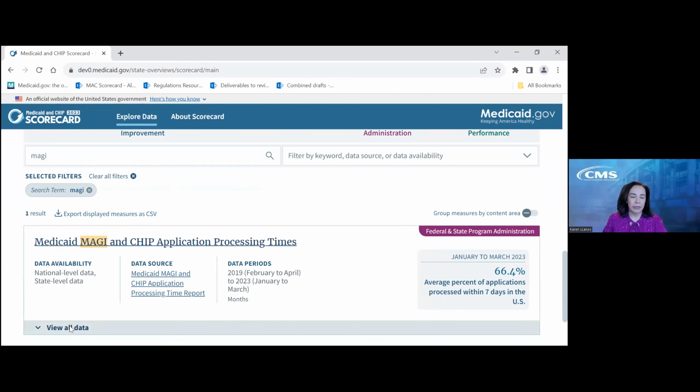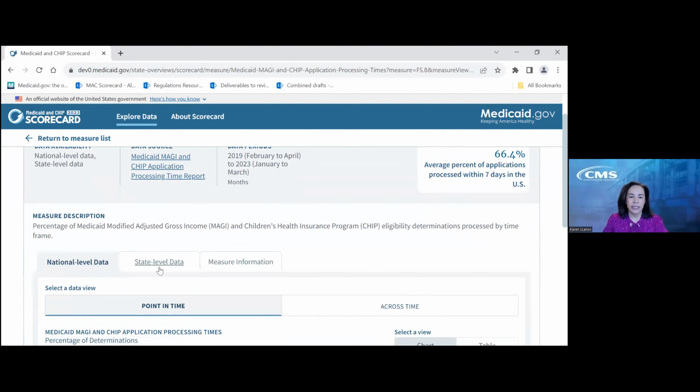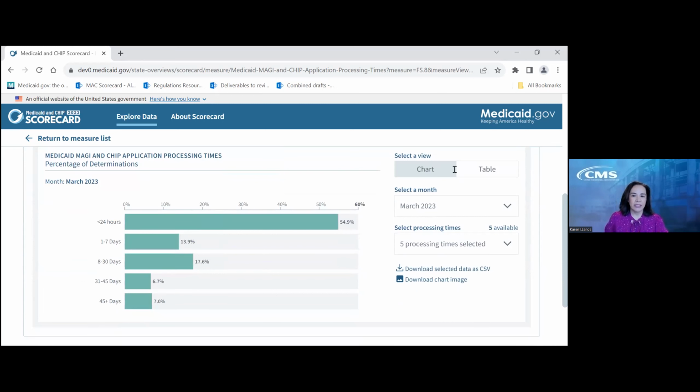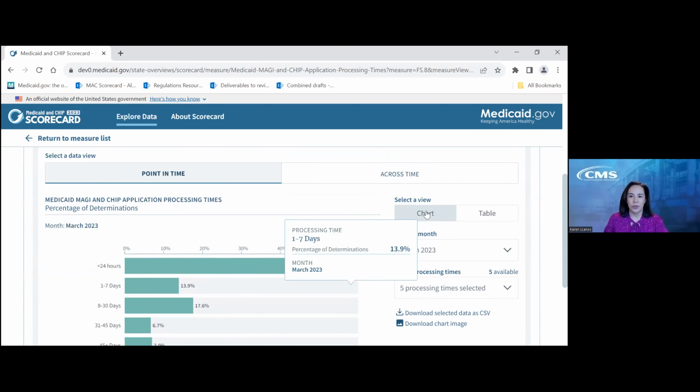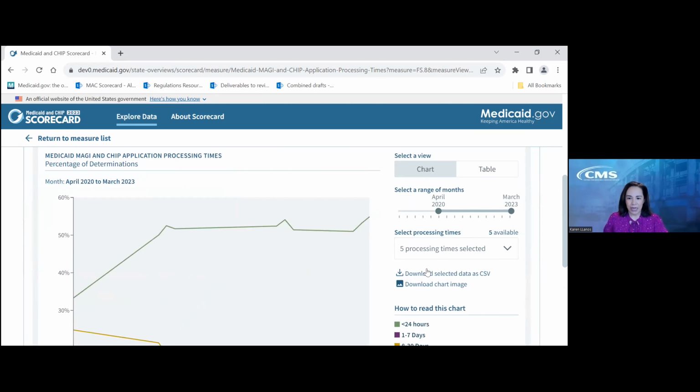If you want much more information on it, you just click into the measure, and once we're here, there's a national tab, a state level tab, and then tons more information, again reflecting what our users wanted, which was, we need all that juicy detail about the measure. This is a visualization that drops down. There's a chart view, and there's also a table view that I won't demonstrate, but again, based on the feedback, here's some across time.